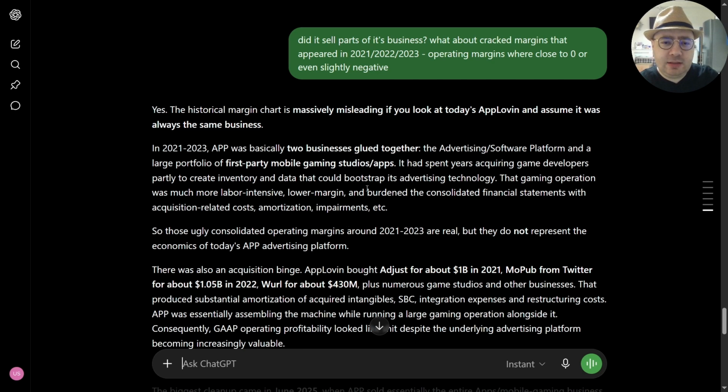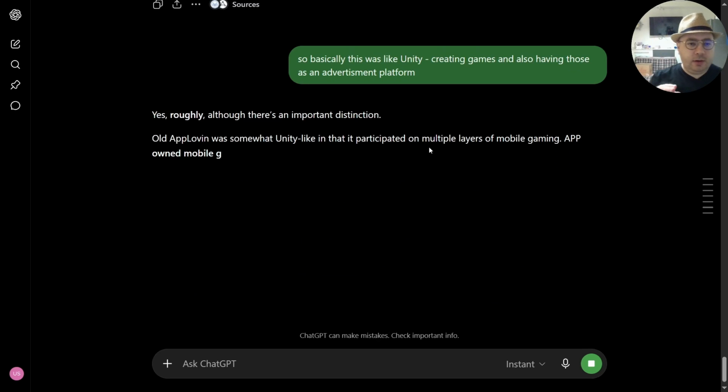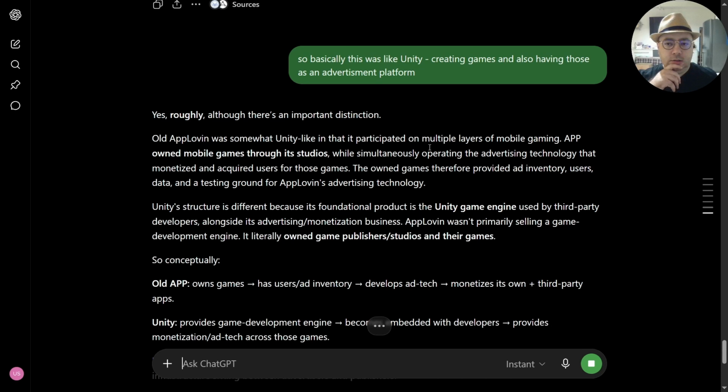2021 to 2023 was basically two businesses glued together: advertising and software platform, and then a large portfolio of first-party mobile gaming studios. Oh, so they had something like Unity. Creating games and also having this was like Unity, yes, roughly. Okay, it owned a lot of mobile games and simultaneously operated the advertising technology that it monetized and acquired. Okay,